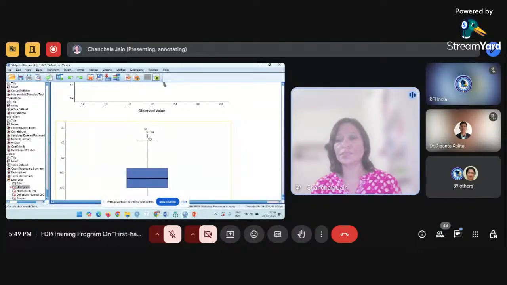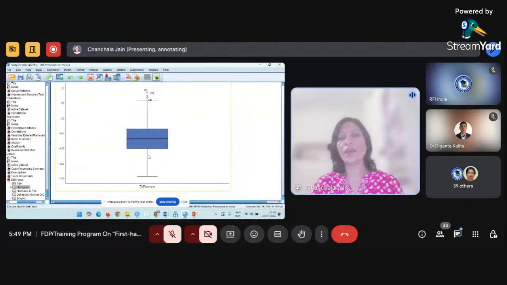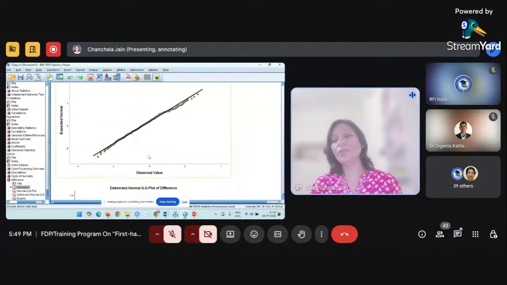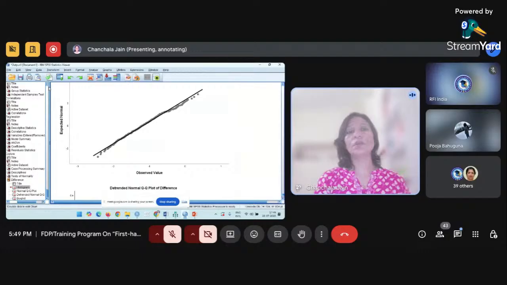So this way we have understood the assumptions of the paired samples t-test. I hope there is no doubt till now. Shall I proceed with performing the paired samples t-test now? Yes. So go to Analyze,